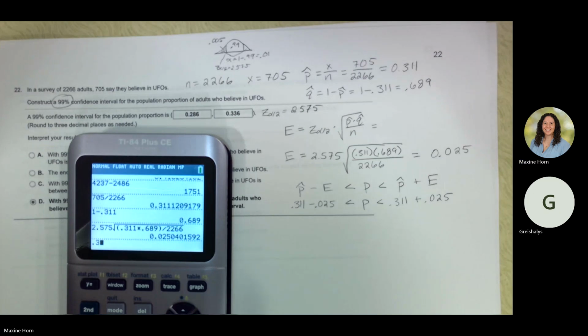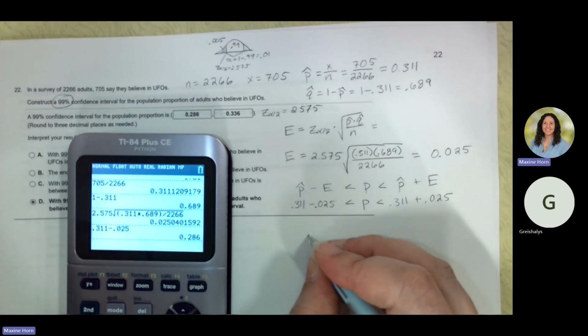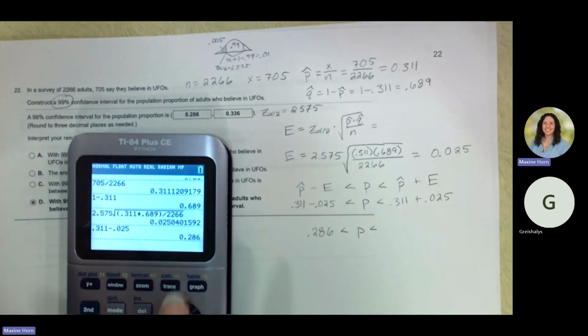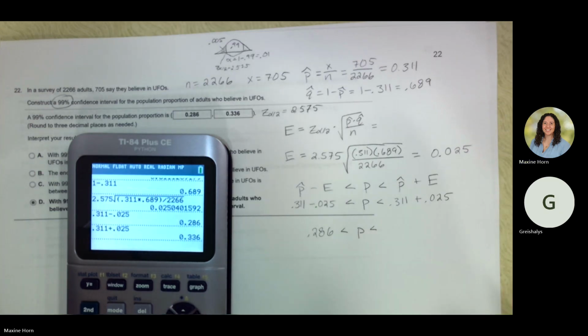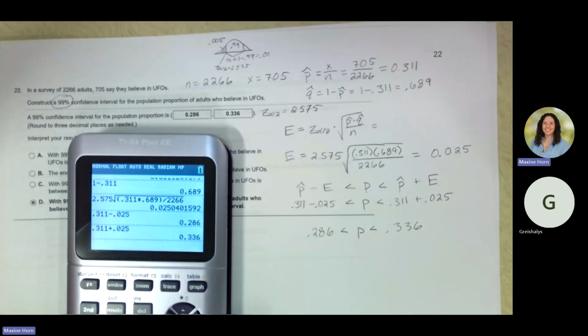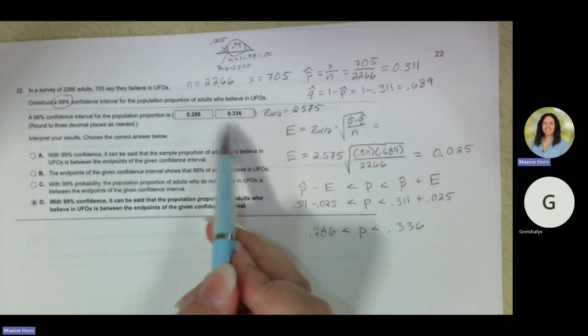Okay. Right, so I get 0.286 and I get 0.336. Okay, so I'm glad that the way that we did our rounding, we got exactly what they wanted us